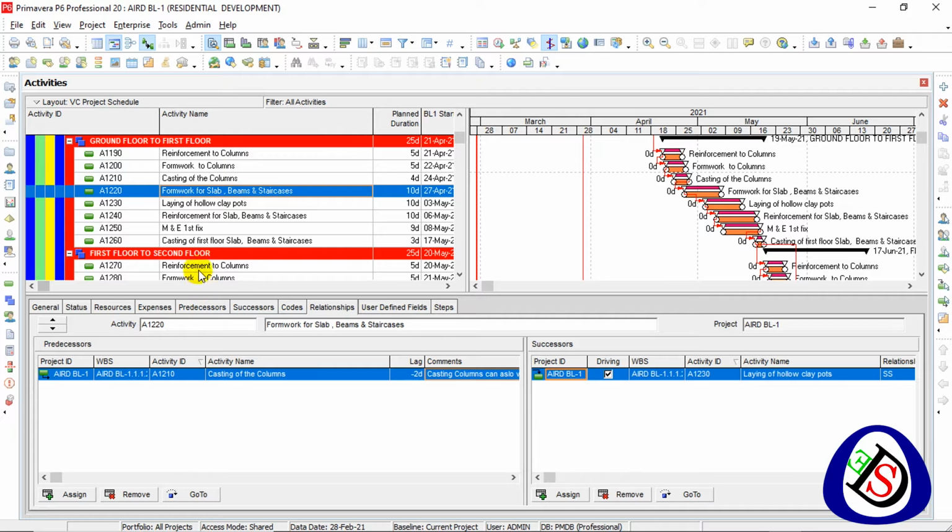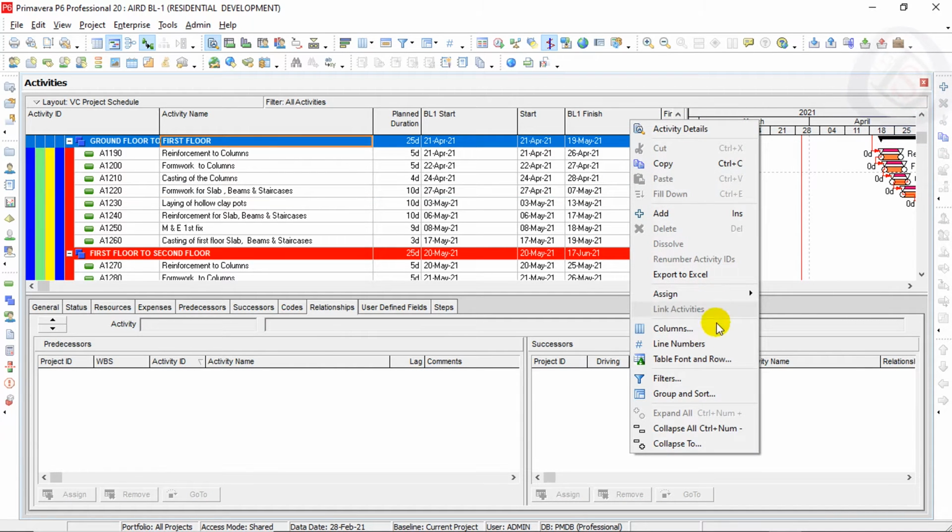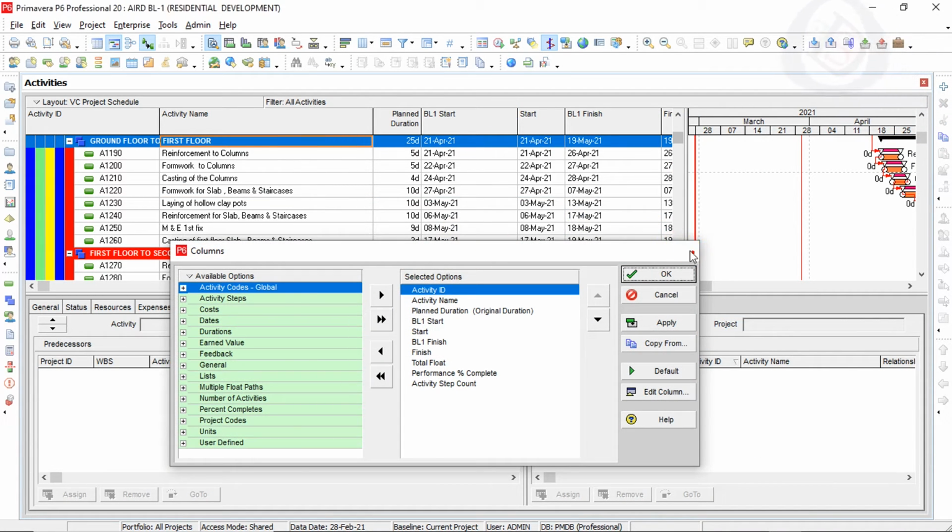This feature is added for schedule reviewers. When they review the schedule, if they want to comment on any predecessor or successor, they can write in the comment section and give it to their client or contractor. So if a consultant or a third party is reviewing your schedule, they can comment here in the relationship. This is a new and pretty good update. Before, there was a built-in comment column in the activities, but that could not be used for relationships.